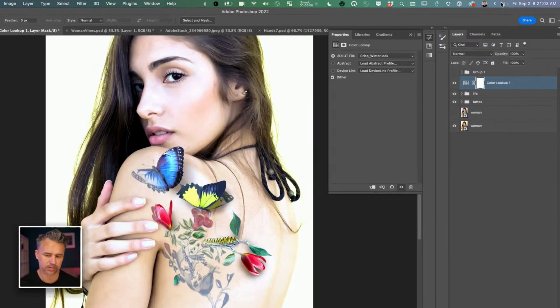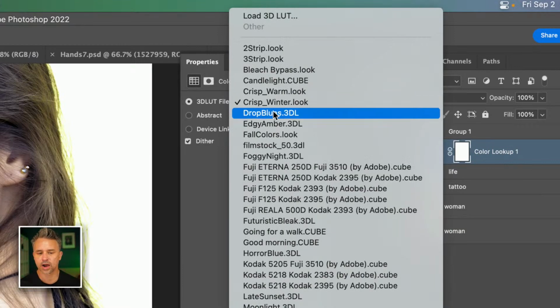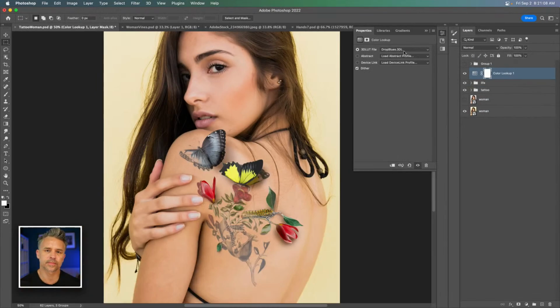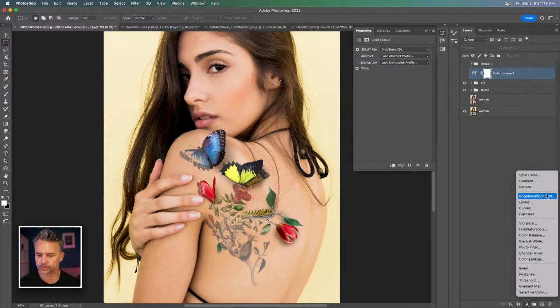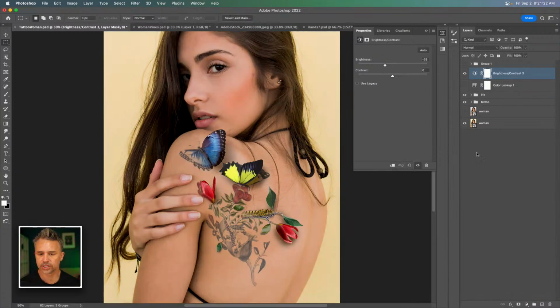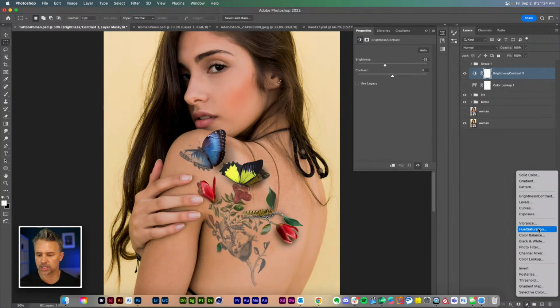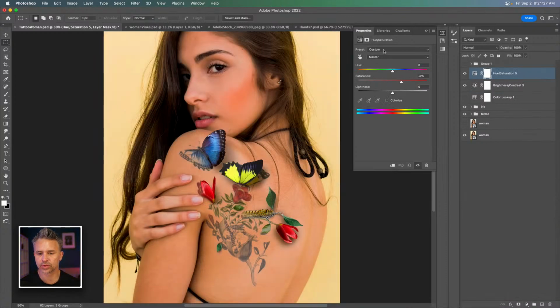But what are these color lookup tables? They're just a combination of different adjustment layers. So I could go in and make this drop blues. I can change the brightness, do hue and saturation, crank it up, go into the blues, crank up the blues, take down the warm tones, right? And what I'm doing here is making my own LUT, which